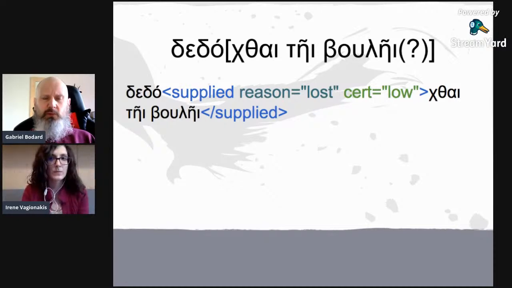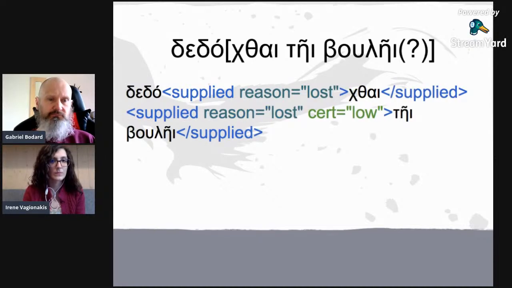However, what the editor is actually saying here is not that the whole restoration is uncertain. Dedochthai is pretty certain. It's only te boule which is a bit of a guess. So we actually might want to break that into two separate supplements, where we say supplied around the end of dedochthai is pretty secure, and supplied around te boule has a certainty of low. And this